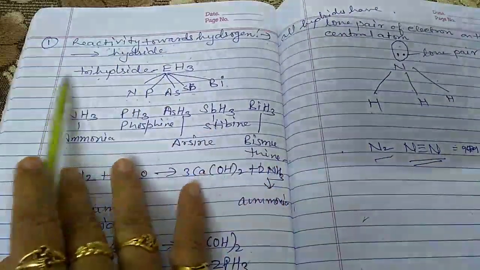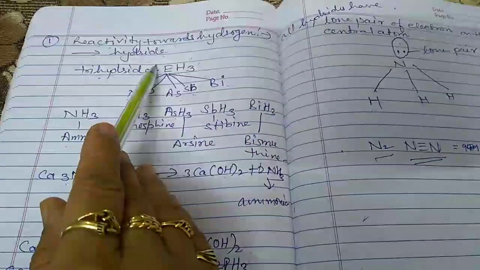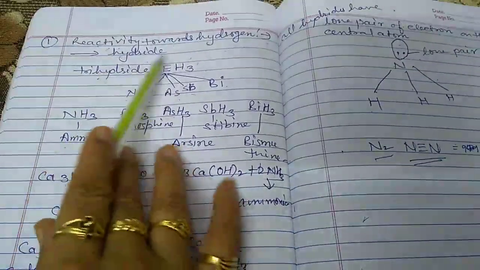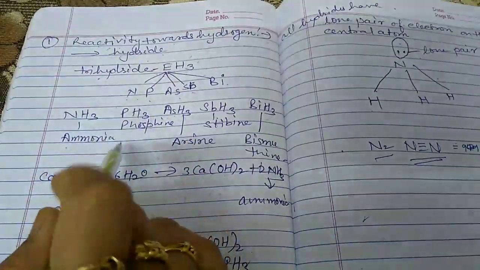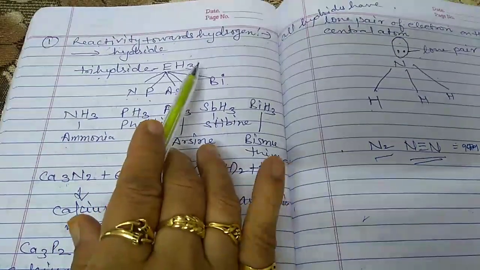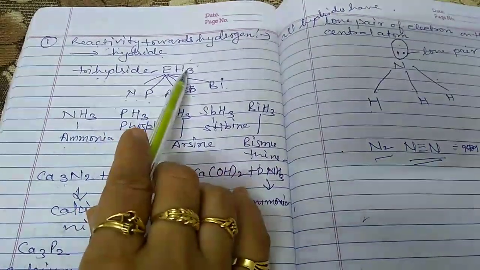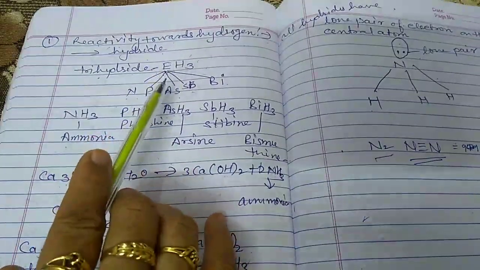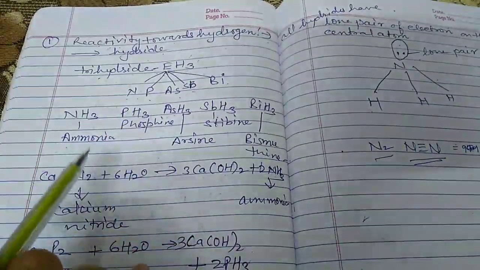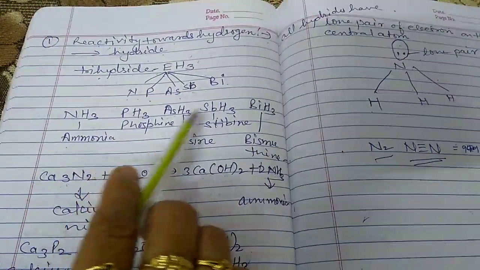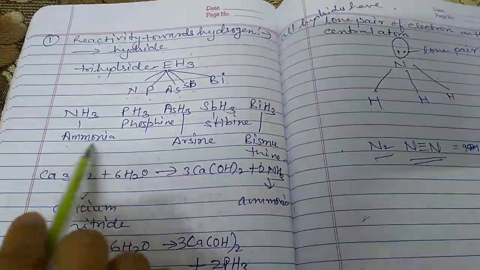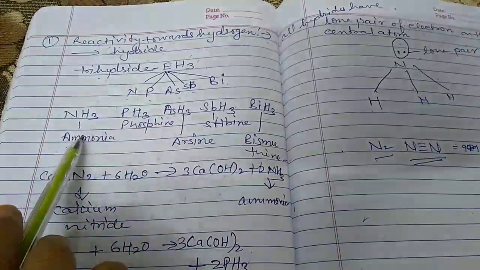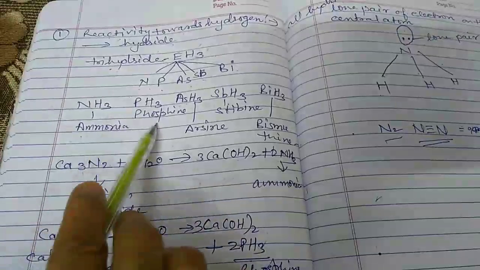We all know that when there is an addition of hydrogen, there will be a formation of hydride. So all the elements of group 15 form gaseous trihydrides with the formula EH3. Here E may be nitrogen, phosphorus, arsenic, antimony and bismuth. So ammonia, phosphine, arsine, stibine and bismuthine are all important hydrides of the group 15 elements, among which these two are the very